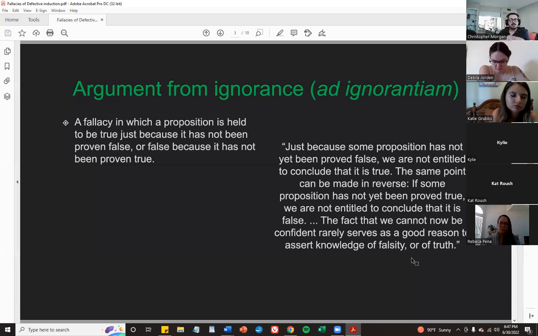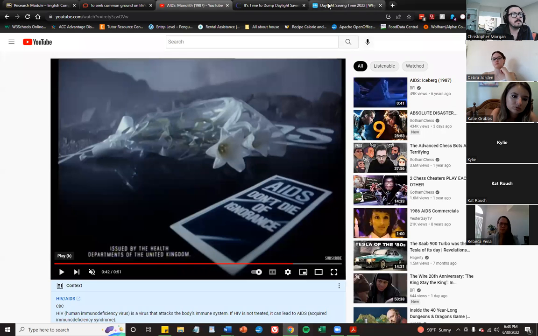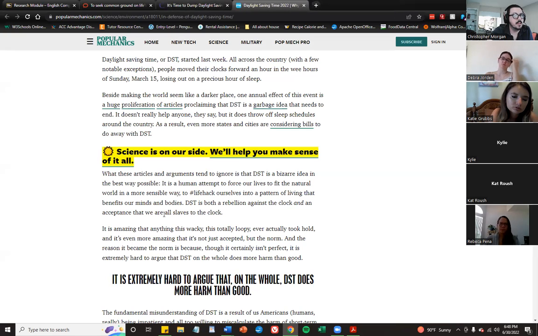Just because some proposition has not yet been proved false, we are not entitled to conclude that it is true. The same point can be made in reverse. If some proposition has not yet been proved true, we're not entitled to conclude that it is false. The fact that we cannot now be confident rarely serves as good reason to assert knowledge of falsity or truth, right? Maybe there are variables that we're not considering now that in the future will take this state of ignorance and produce evidence toward some definite conclusion. But just because we're uncertain doesn't mean we can't draw any conclusions, which is kind of what one of our daylight savings arguments is making,